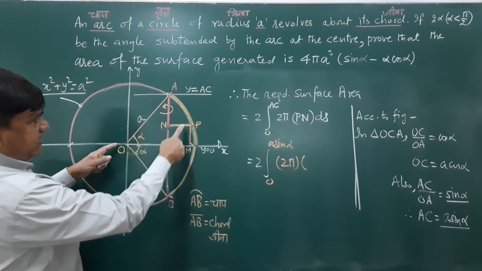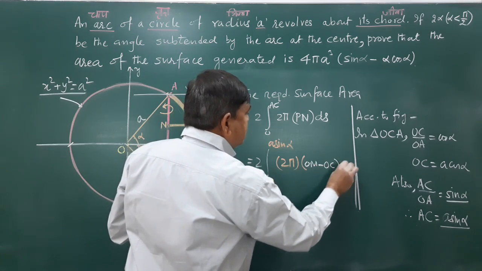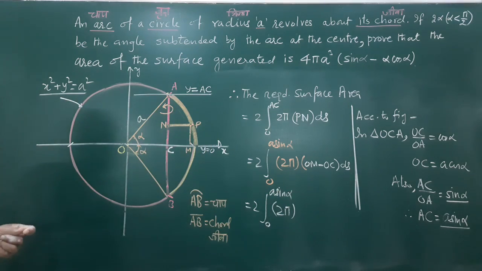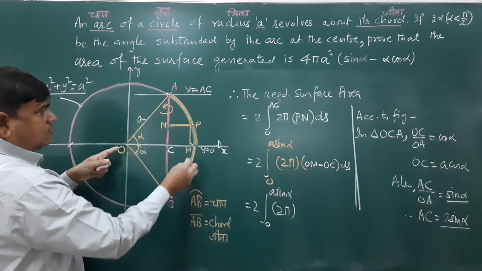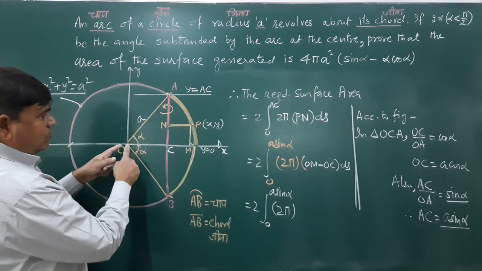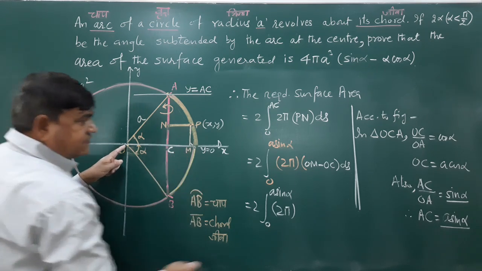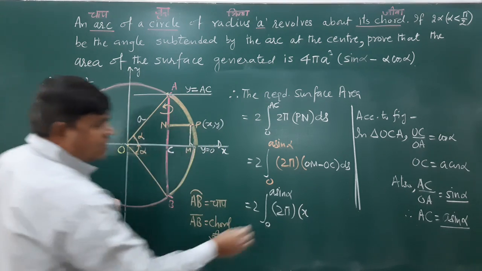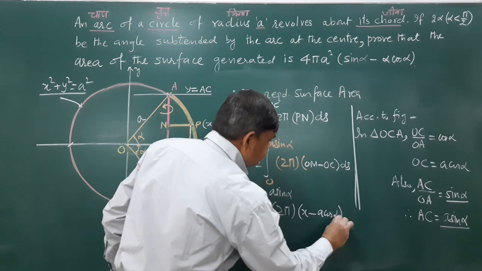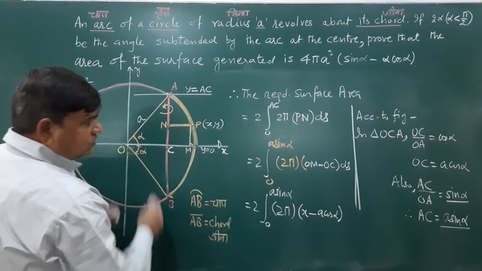PN is this one. So PN is OM minus OC. 2 times of 0 to a sin alpha 2 pi OM. The coordinates of this point I have assumed x comma y. So OM is x, and minus OC we have calculated somewhere else. It is a sin alpha, a cos alpha. Okay. ds